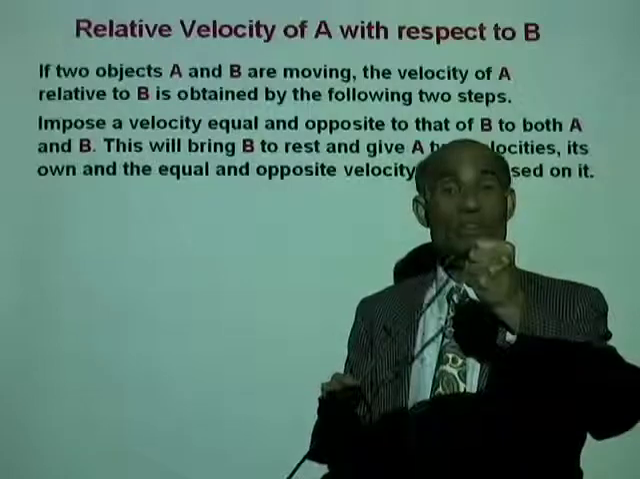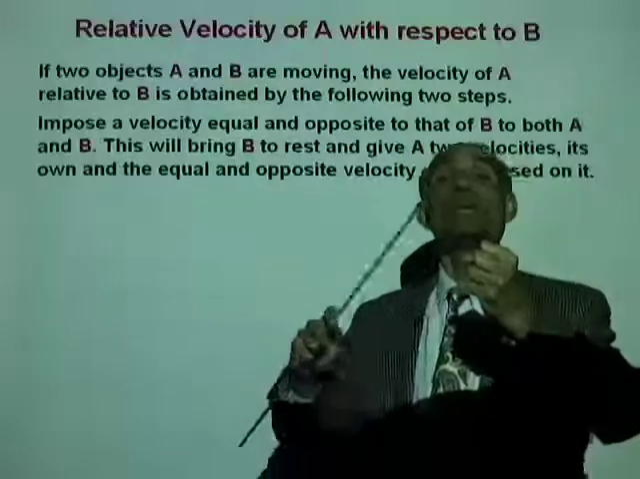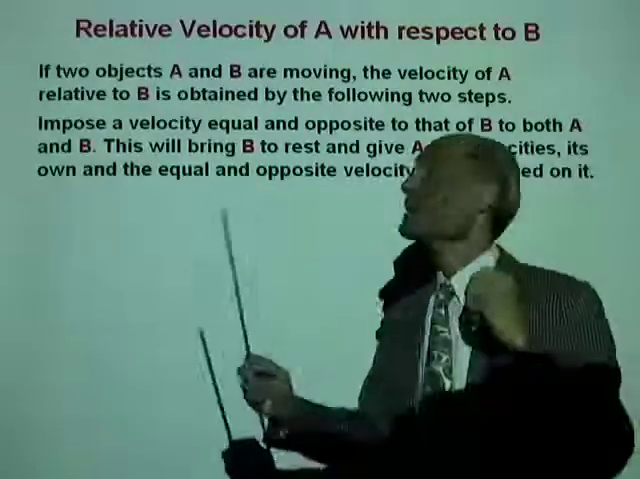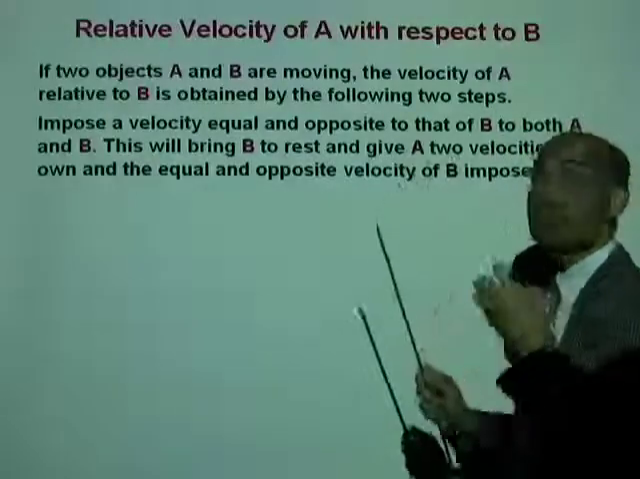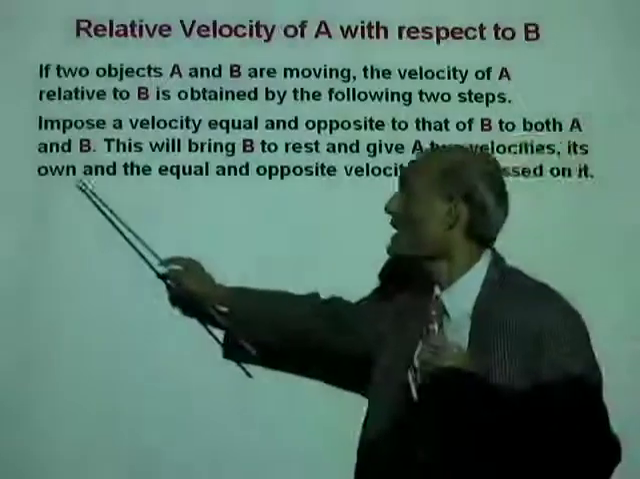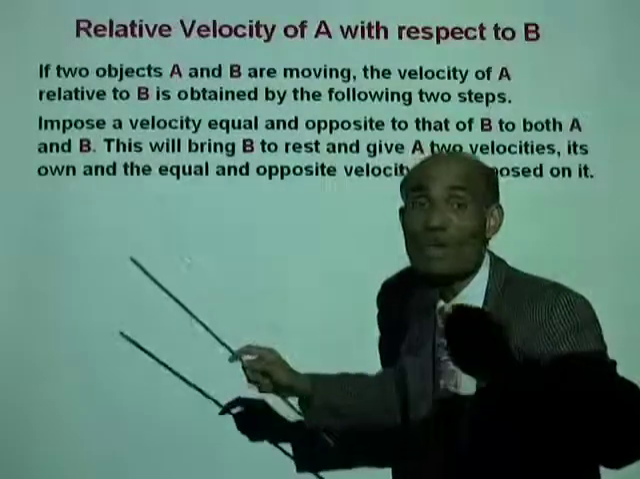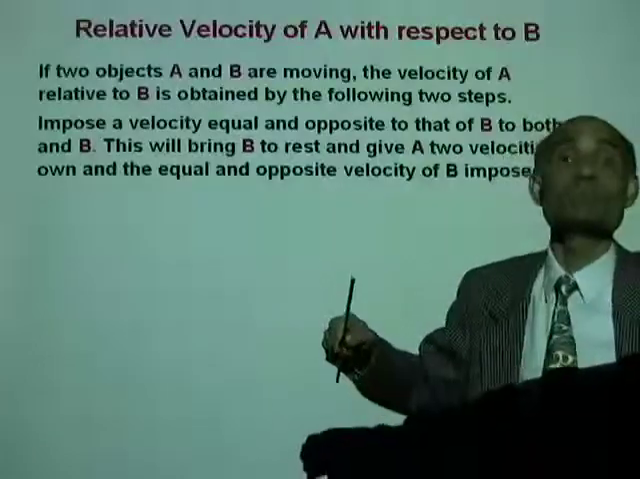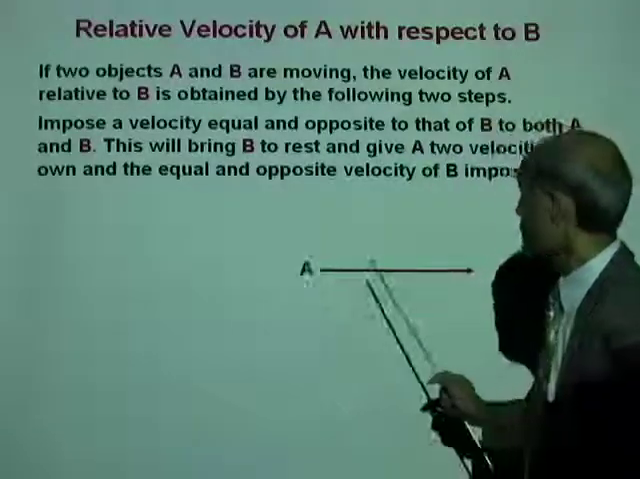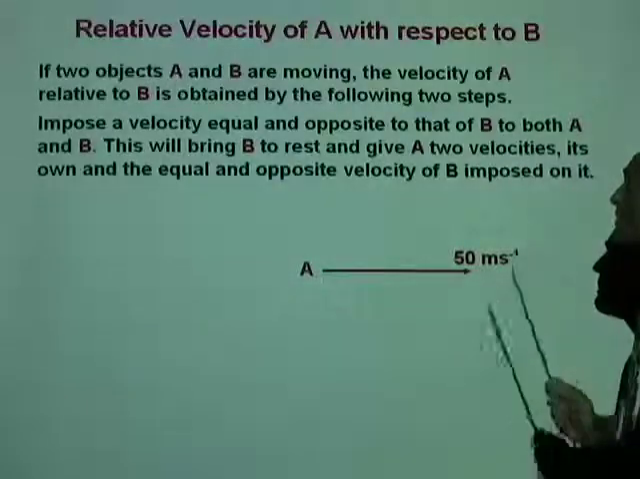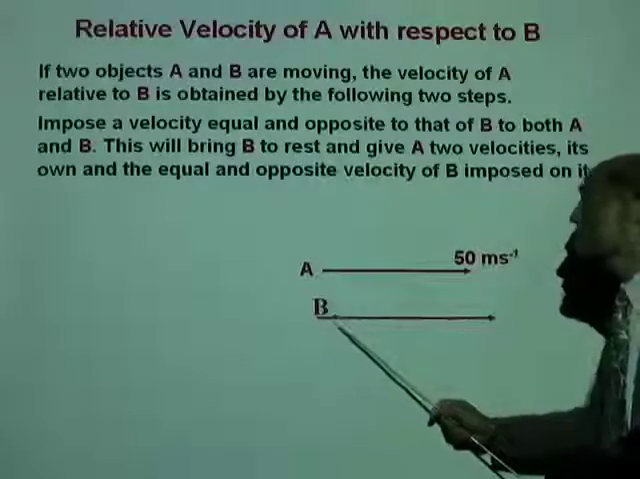So impose a velocity equal and opposite to that of B to both A and B. This will bring B to rest and give A two velocities: one its own velocity and the other the equal and opposite velocity that you imposed on it. And then what do you do? So if this is A moving east at 50 meters per second, and this is B